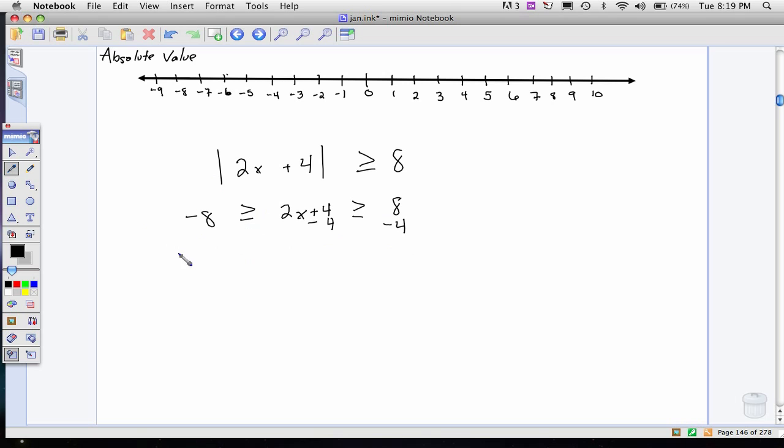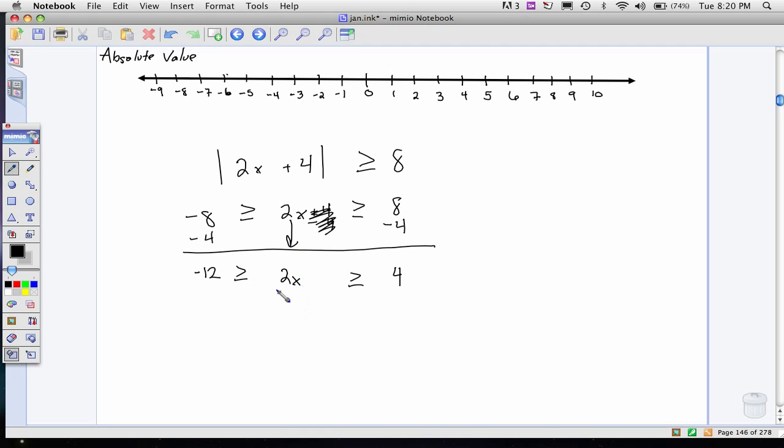I'm going to subtract 4, but now don't forget that you have another side to this equation. Now, obviously my 4's in the middle cancel, 8 minus 4 is 4, get negative 12 on this side,